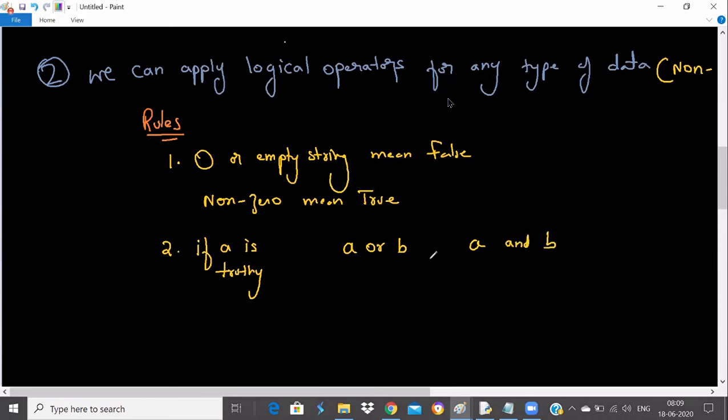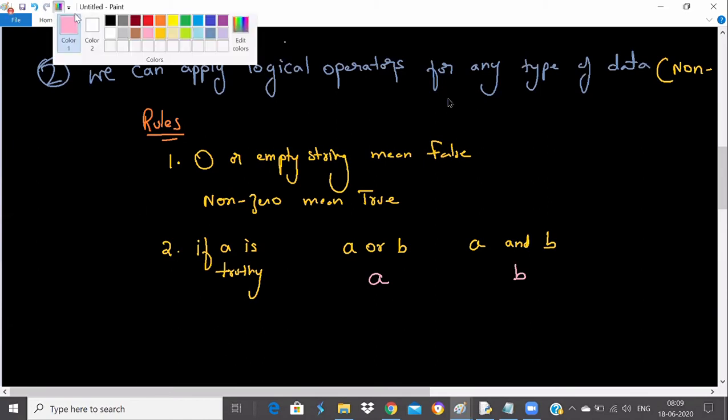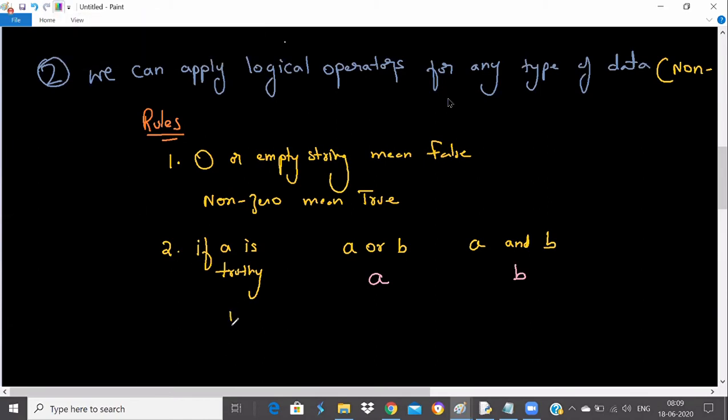If A is a true value, then A or B will return A, and A and B will return B. If A is falsy, then A or B will return B, and A and B will return A. So the answer will not be true or false. The answer will be either the A value or the B value.